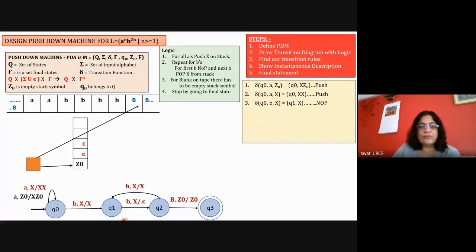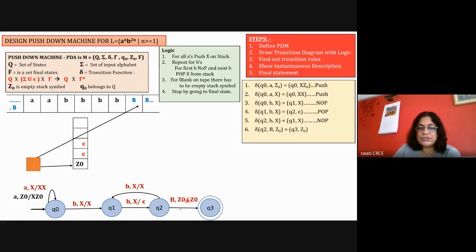Now in the state Q1, this is the transition B comma X. So write down Q1 B comma X is equal to, it's going to the state Q2 with epsilon. So it is a pop operation. So the second B's operation is a pop operation. Now in the state Q2, if it is Q2 B comma X, X is remaining X, which is a no operation. And then this transition is already defined. Okay, so this is the fifth transition.